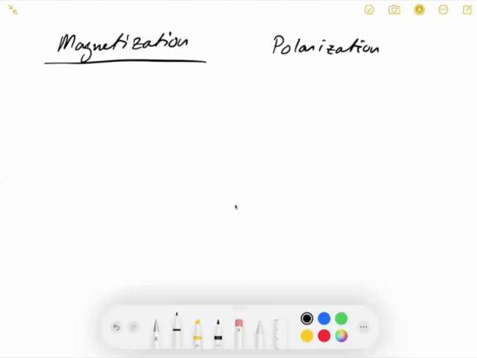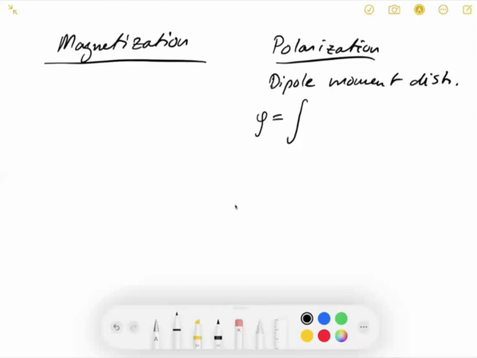When we were doing polarization, we said there is some kind of a dipole moment distribution that, when integrated, gives you the total potential. So that gave us a phi, which was the integral of that polarization P, dotted with the R minus R prime